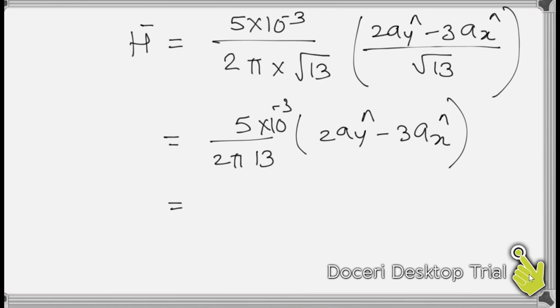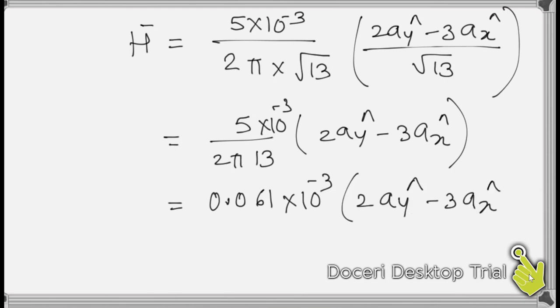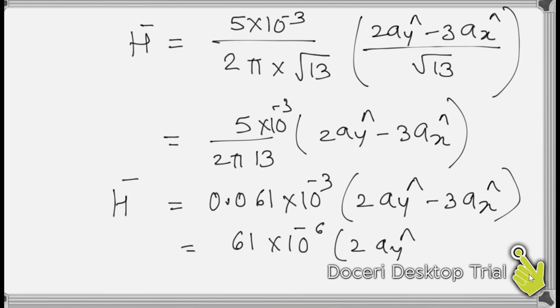3.145 is equal to divided by 13. So it is 0.061 into 10 raised to minus 3 in bracket 2ay minus 3ax. Okay, or we can write it as 61 into 10 raised to minus 6 into 2ay minus 3ax, or we